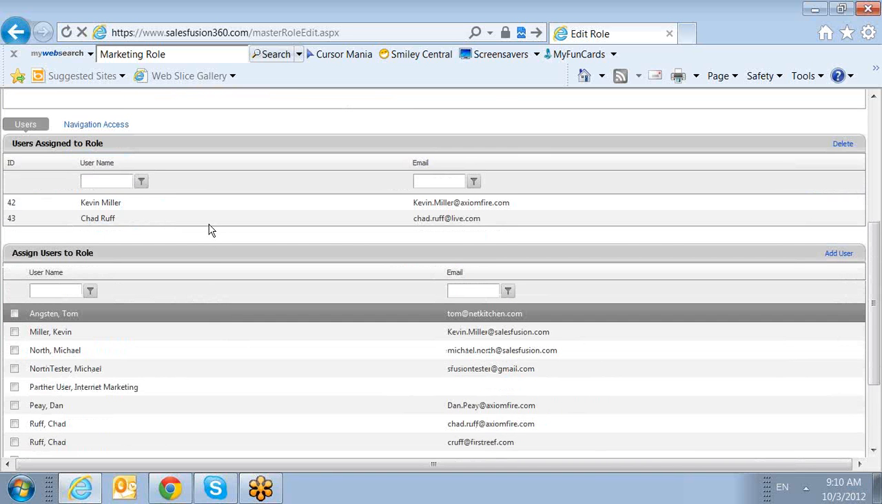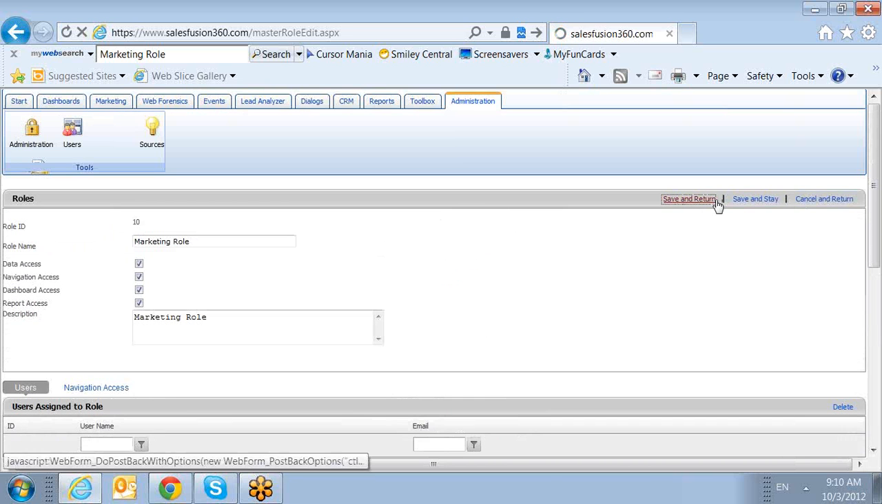If we have Tom here, Tom cannot see any of Kevin's items and any of Chad's items because he does not belong to a role with them. Tom would only be able to see items that he had created inside of the system. If I hit save and return,